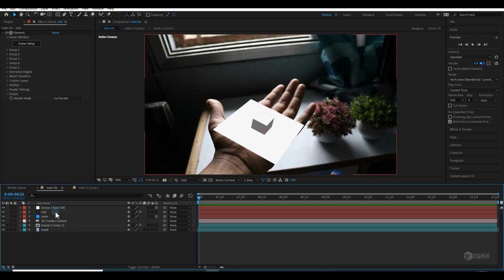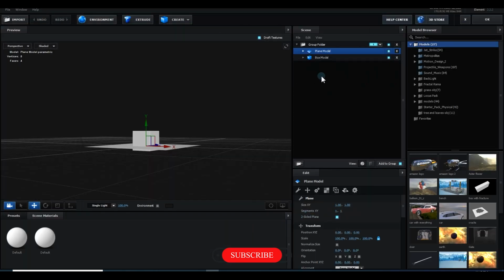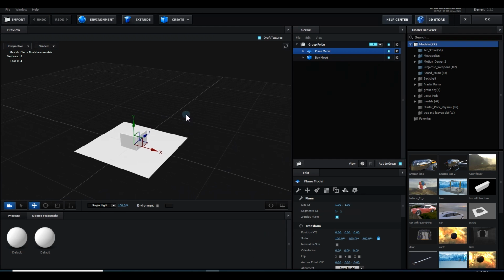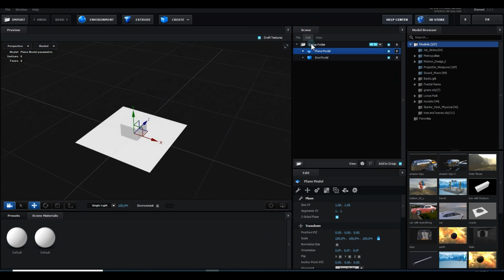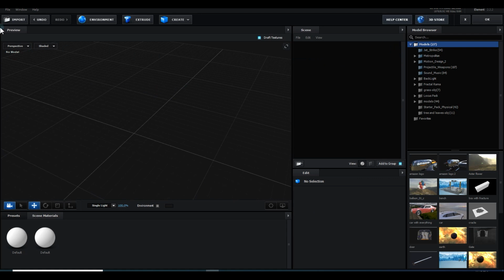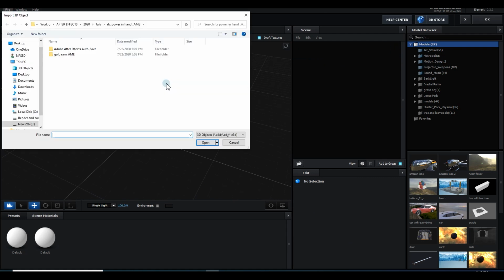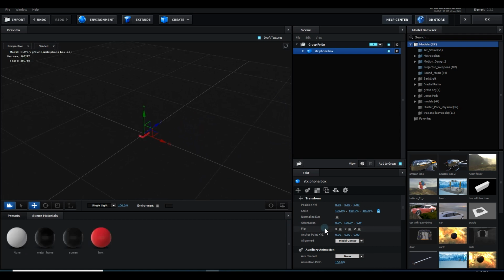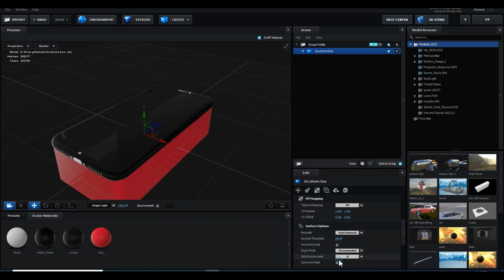So for the next part, you need a phone and RTX, which you downloaded already. I told you in the beginning where you can get it. So the next step is, let me open the phone and the RTX, and sorry about the noise. So I am going to delete this one and go to File, Import 3D object. I'm not going to show you how to make this one, but I will tell you how you can do it.